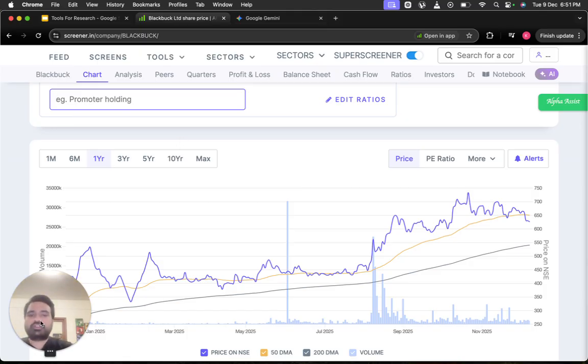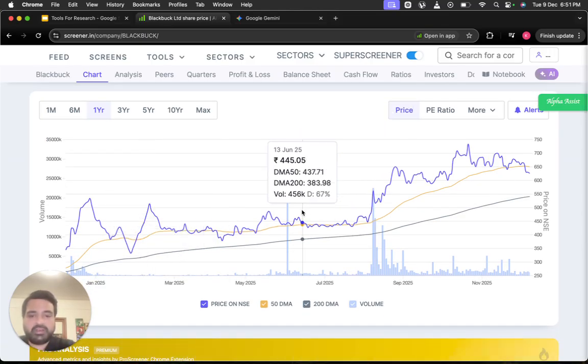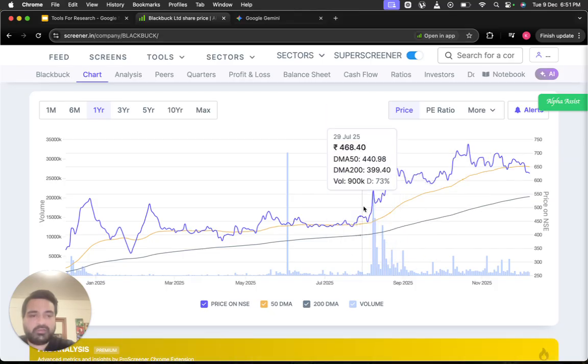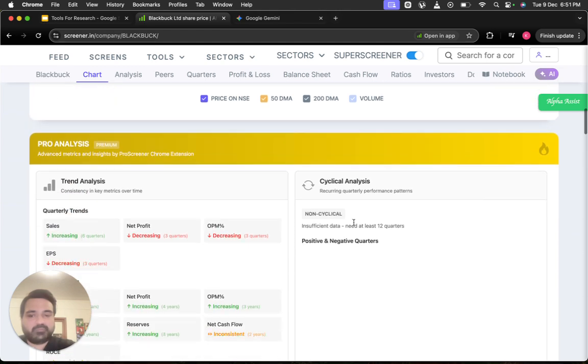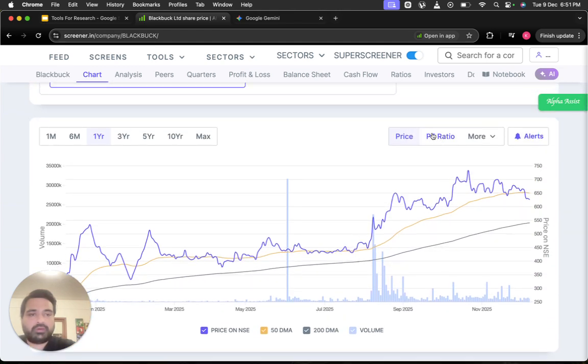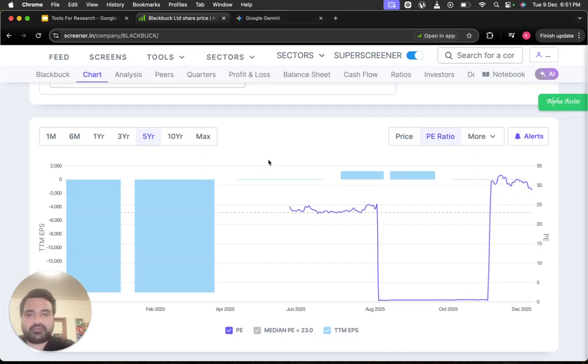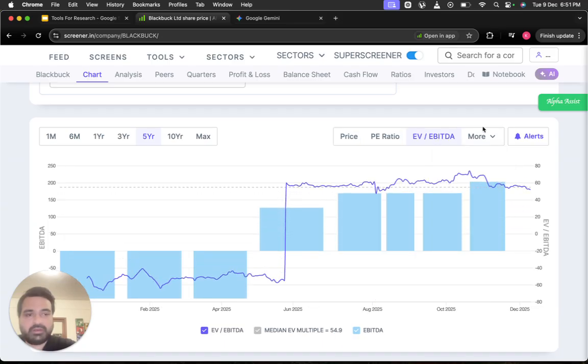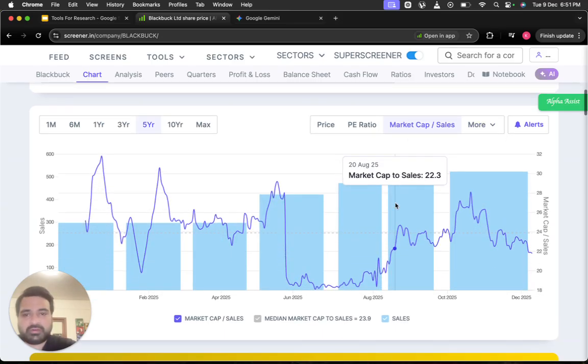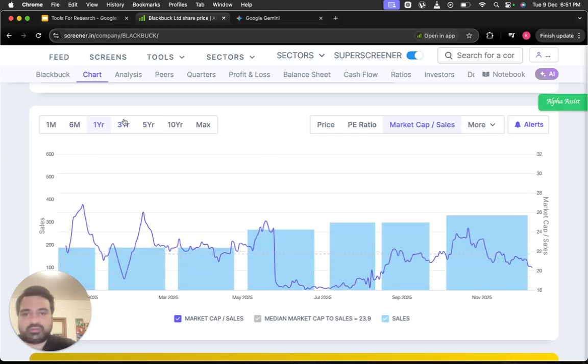Then we have the company chart here, which is like the Bible for any technical person. But you do more in a deeper way on Stockscans, which I will show you later, or on TradingView. This is just a basic price, 50 DMA, 200 DMA, volume indicator here. You can also look at the trend of the PE ratio or various other ratios, EV, EBITDA, market cap to sales, and you can sort it out by 6 months, 1 year,